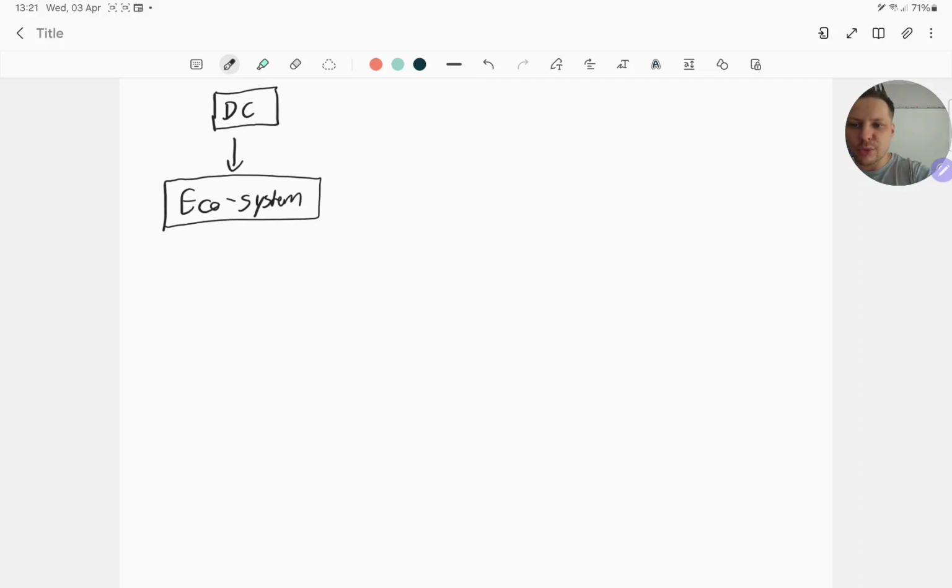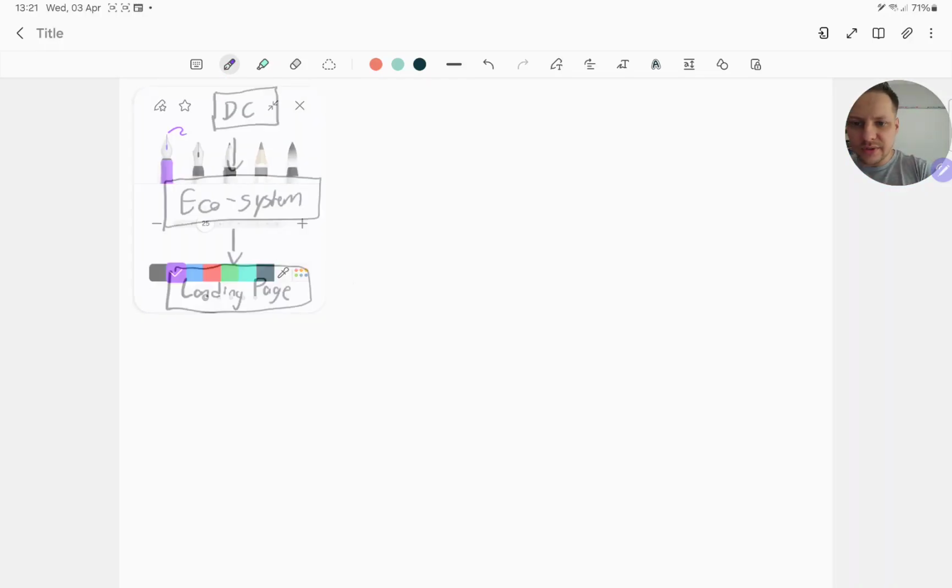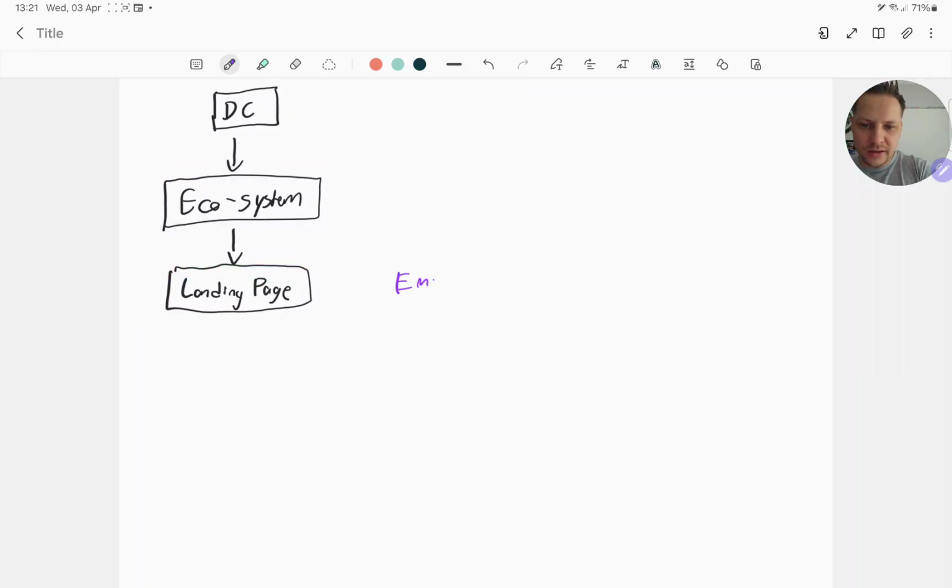And then from there, you're going to point people to a landing page or a website, right, where they can opt in for like your email list, right? So over here, you're going to have them sign up. Again, we're going to do this in a different color. Okay, so yeah, you have an email list, and you point these people to your email list, and you say, hey, this is where you can sign up, and you're going to hear from me. And when they do sign up, then you're going to point them back, okay, to your ecosystem over here.